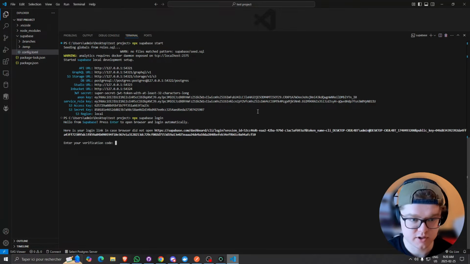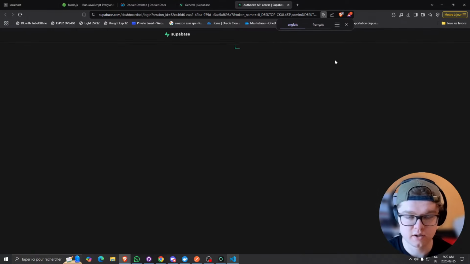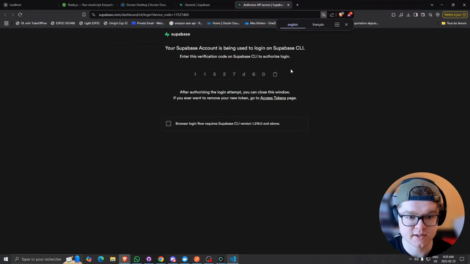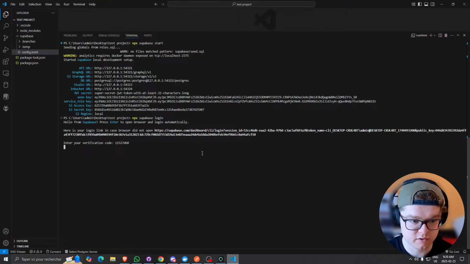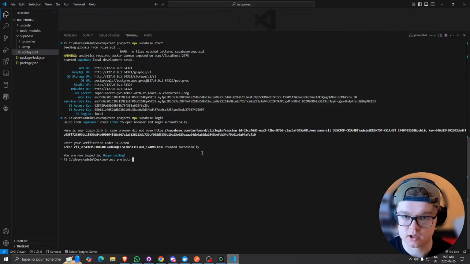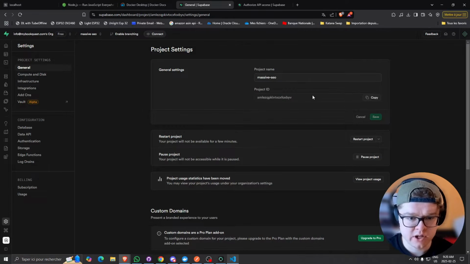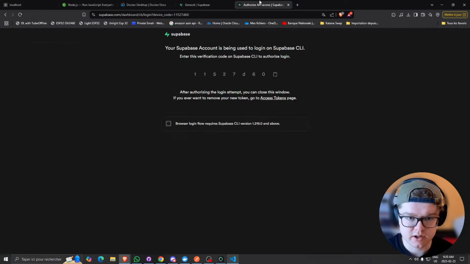Okay, so we press enter, and then we have the authorized API access. This is just basically gonna allow you to talk with your Supabase instance. So then we go here and we enter the verification code, and now we're logged in. So then you get the code that I told you to get earlier, this project ID code, and then you